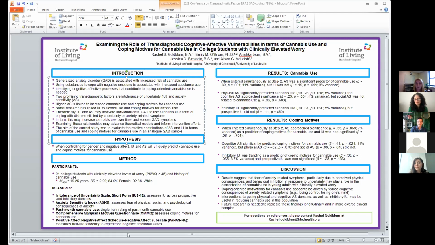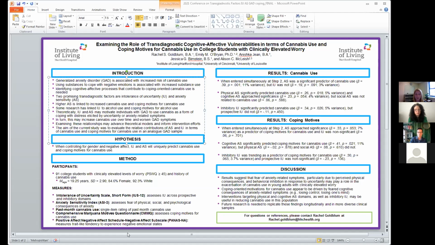The aim of the current study was to evaluate the relative contributions of IU and AS in terms of cannabis use and coping motives for cannabis use among college students with clinically elevated levels of worry. It was hypothesized that after controlling for the effects of gender and negative affect, both IU and AS would uniquely predict cannabis use and coping motives for cannabis use. We also conducted exploratory follow-up analyses examining IU and AS subscales as unique predictors of cannabis use and coping motives